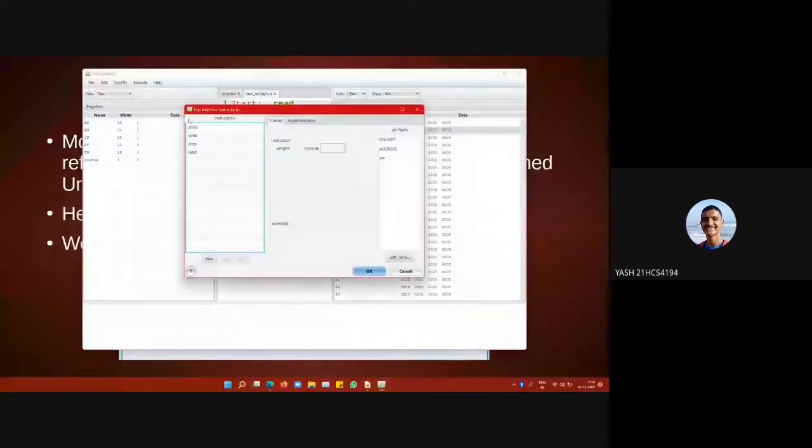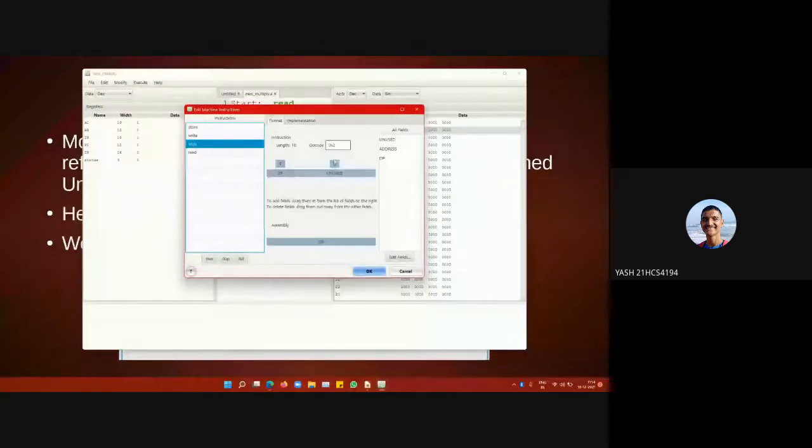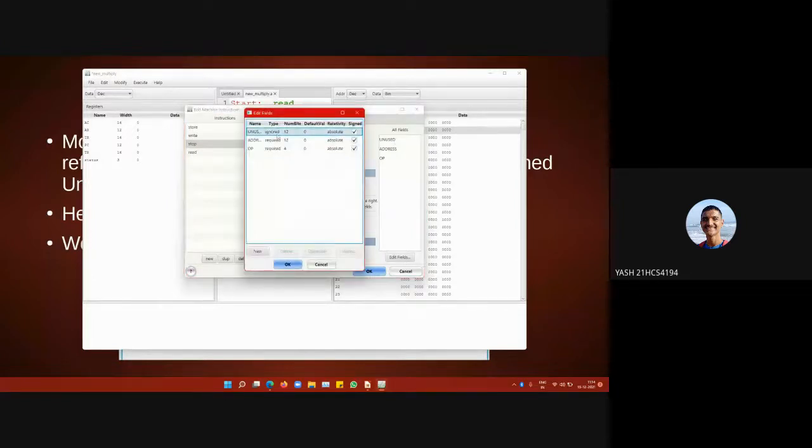If we head over to the stop statement here, we don't require the memory address for a stop statement. We just need the operation code. So here is the operation code of the stop statement. The remaining 12 bits can be assigned as unused, which means this will not affect the implementation of our code. And we can see in the edit field section, this is set to ignored.